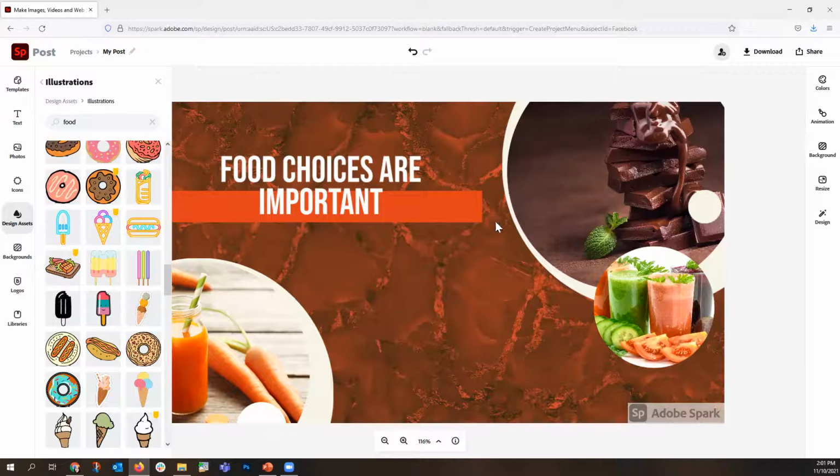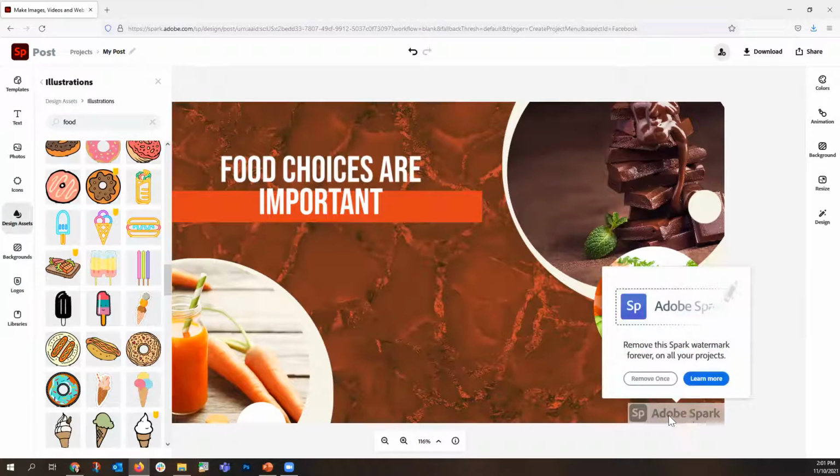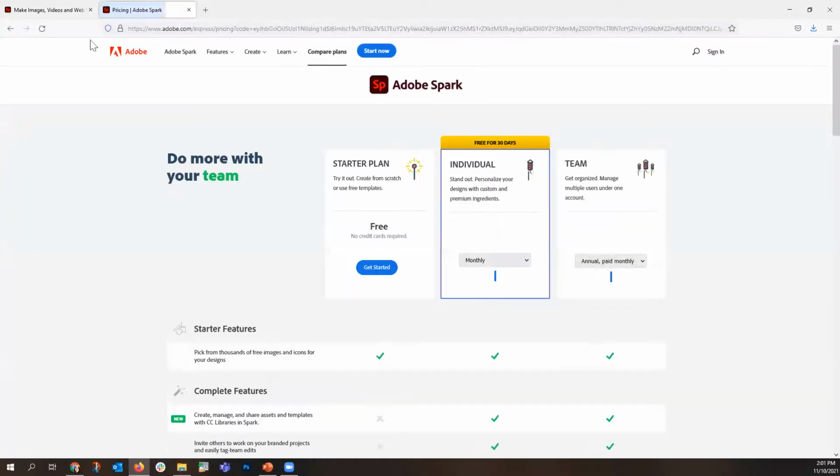Something else you might want to, oh, someone read my brain in the chat. Something else you want to remove maybe is the logo down here in the bottom right-hand corner. If you click on it, it says remove once. If you select remove once, it automatically opens up the pricing plan and shows you, hey, you can try it free for 30 days. And these are your options for purchasing. If you just close that window